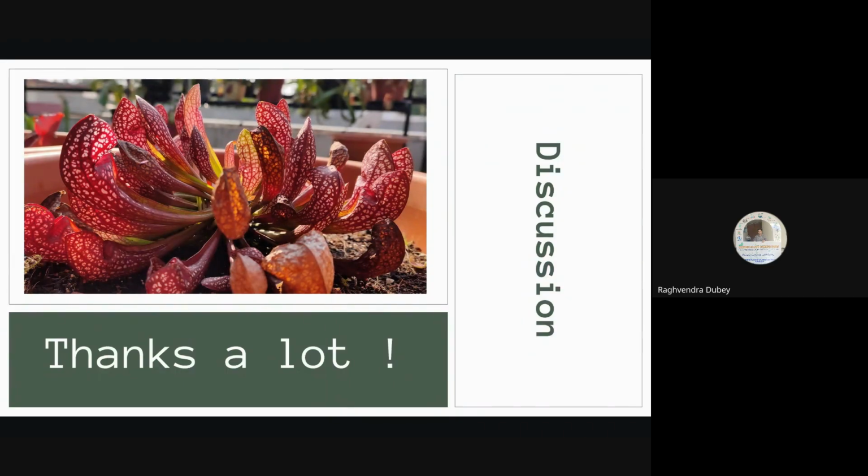So my query is, you told in your lecture about the different types of insectivore trapping mechanisms. Are these independently evolved, or is there any evolutionary relationship among all these different taxa? In Nepenthes the trapping mechanism is different, in Drosera it is different, and in some there is a water suction kind of mechanism. I am enthusiastic to know how in evolution this bifurcated, because the trapping mechanism is different but the digestive system is the same,